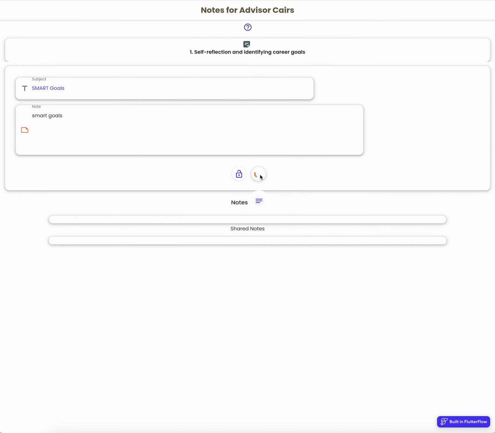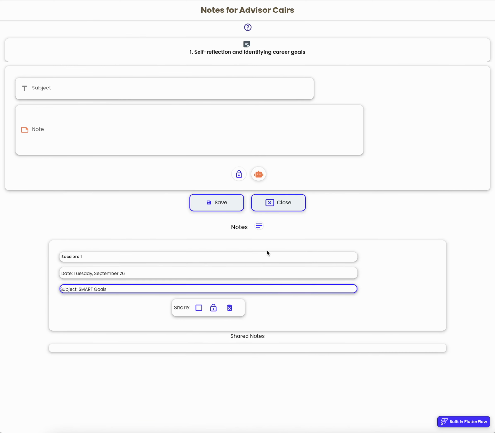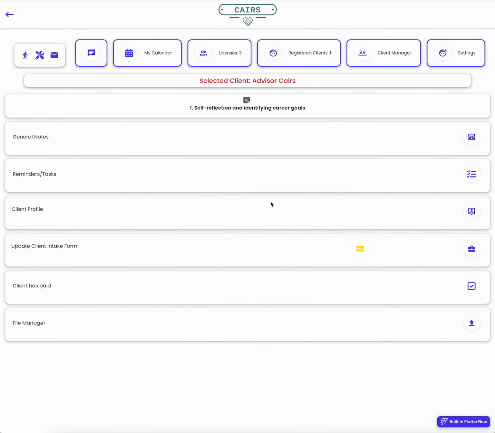And it's going to go through and generate a note for us based on SMART goals that I can then share with my client. Now, obviously, you don't have to use AI here, but boom, there it goes. And I can save this. I'm not going to do a whole tour of this, but there are other features that you can do, and there will be a specific section on each one of these things. But my client now gets